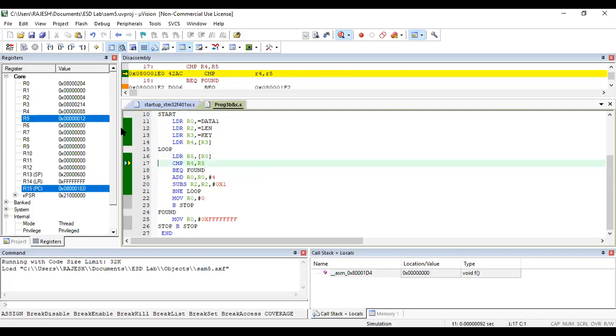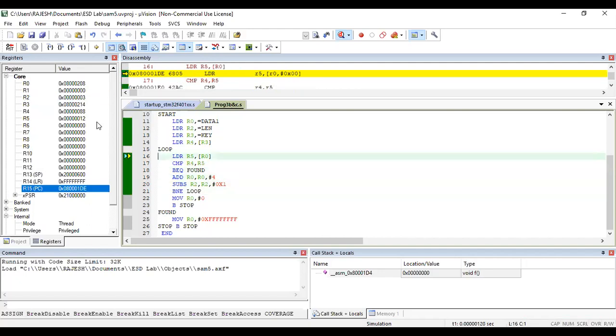Now R5 is reloaded with the new value 12. Since they are not equal, again R0 is shifted to the next location. Now in the next location, we have the value 88.